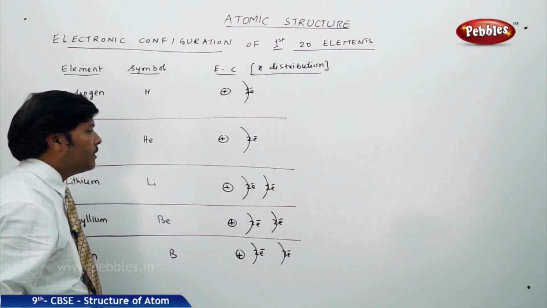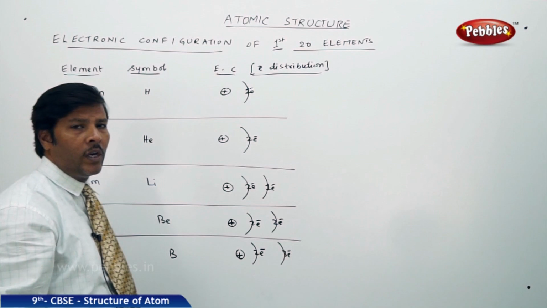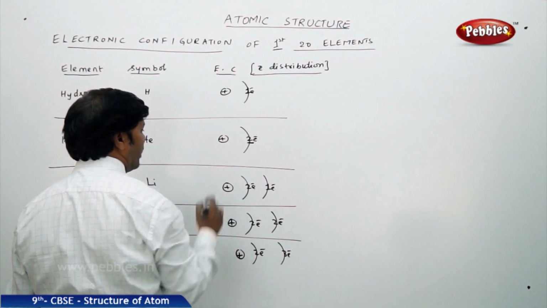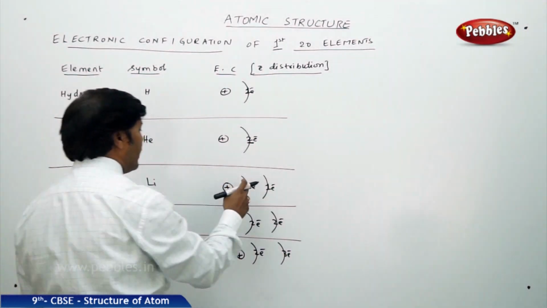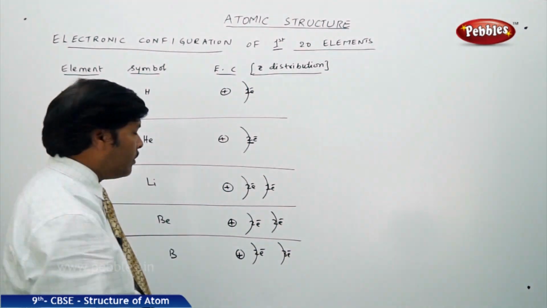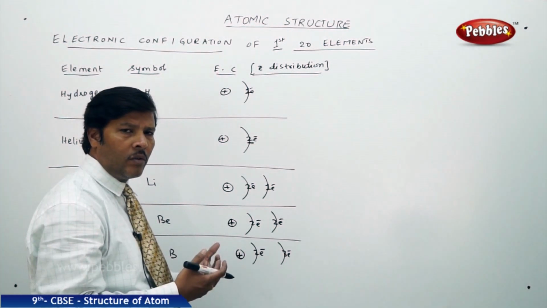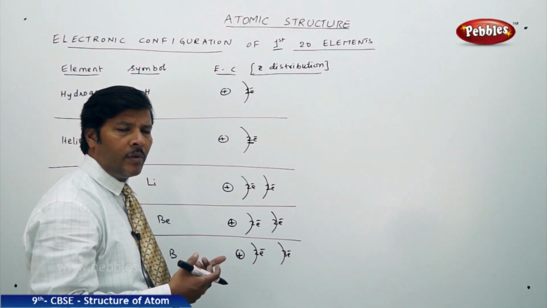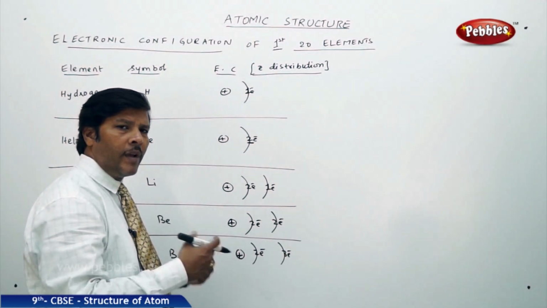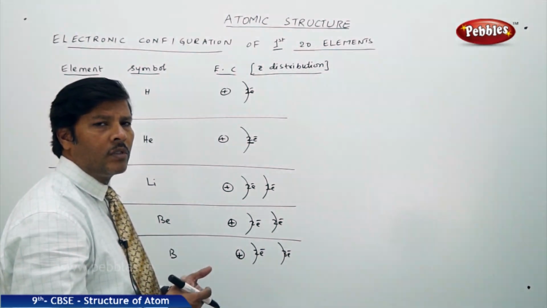What we are noticing here is that hydrogen and helium have only 1 or 2 electrons, and the first orbit can accommodate a maximum of 2 electrons. For any element, if the number of electrons is greater than 2, then the second shell is introduced. The second shell can be filled with a maximum of 8 electrons. So by the time you fill the first and second shells to their maximum capacity of 2 and 8 electrons, that comes to 10 electrons.